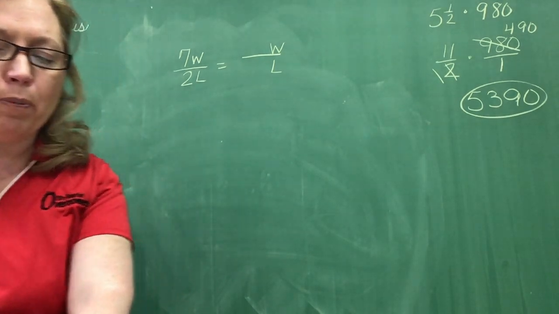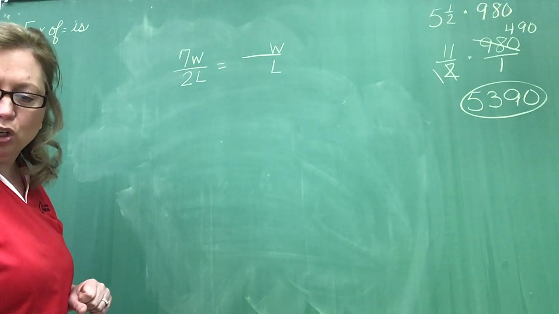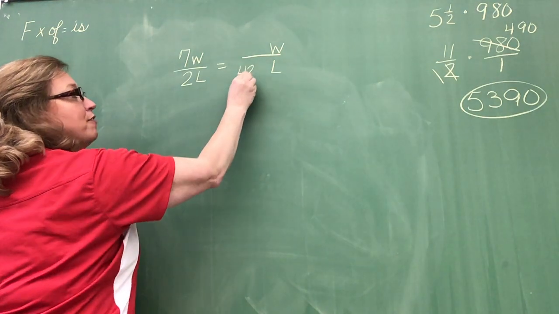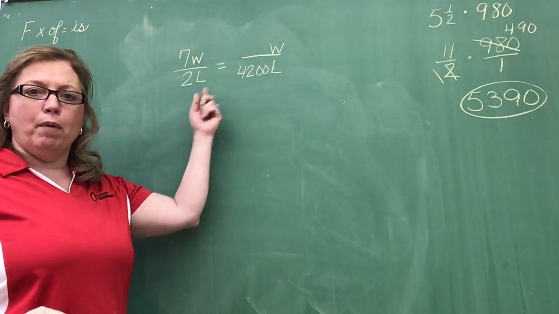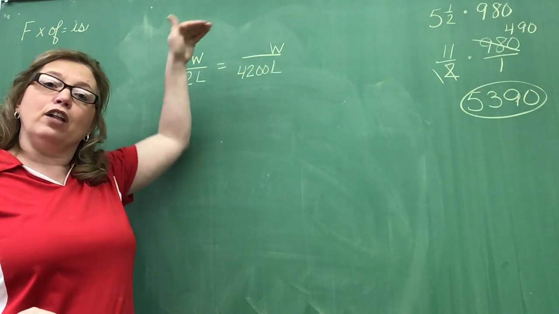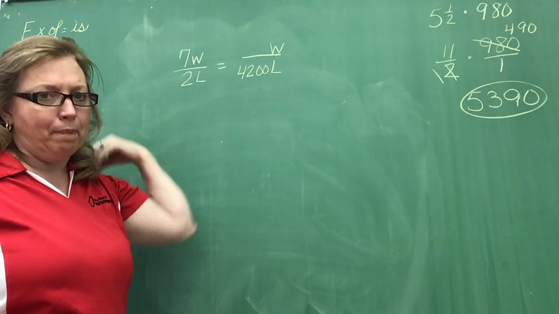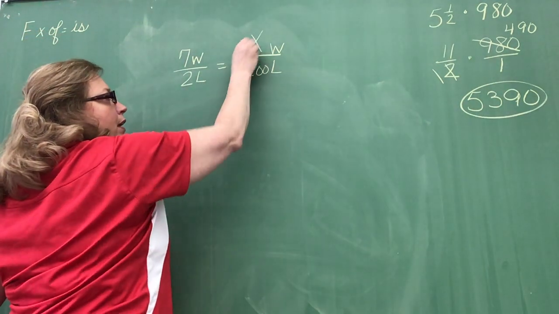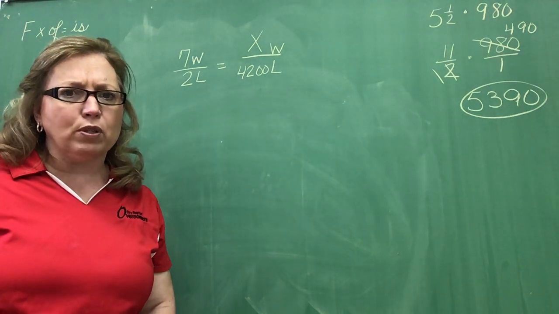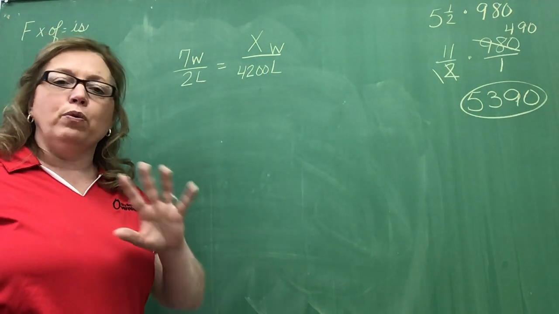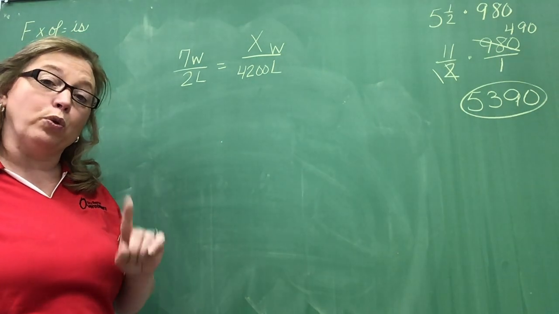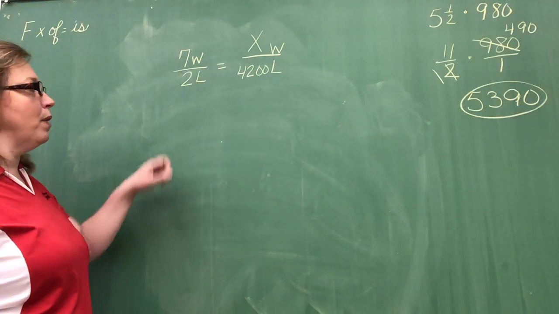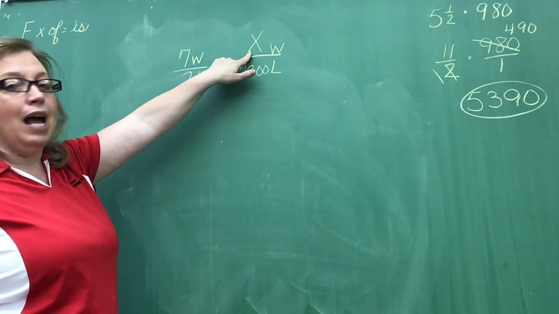Well, I'm going to go back to my proportion, and I'm going to put the 4,200 losers. On the top or the bottom? On the bottom, because I have to have losers on the bottom on both sides. If I had it on the top, they have to both be on the top. They have to match. Now, I don't know what the winners are, so I'm going to put an X. Now be careful, don't use your labels here. I only put the labels on there to help you make sure you're putting them in the right spot. Use only your numbers and your X. How do I solve a proportion problem? I'm going to cross multiply. I'm going to say 2 times X